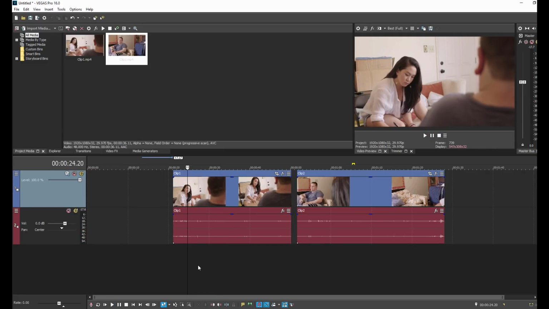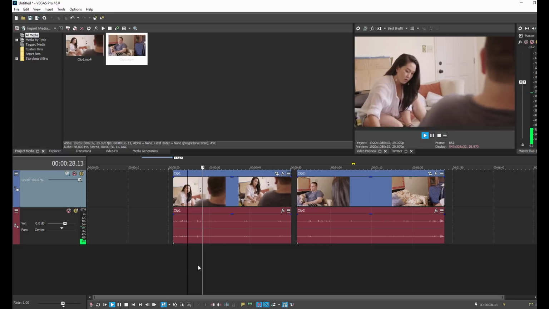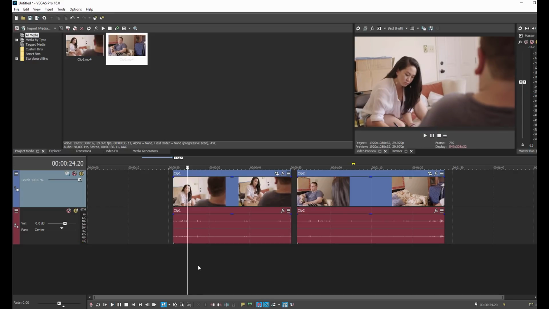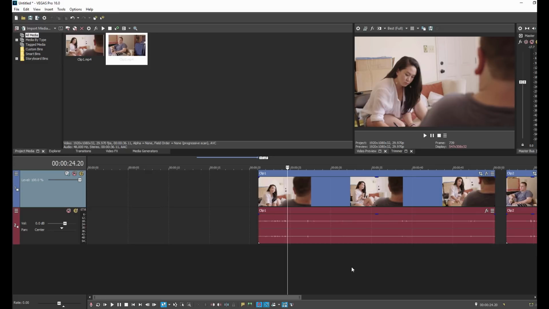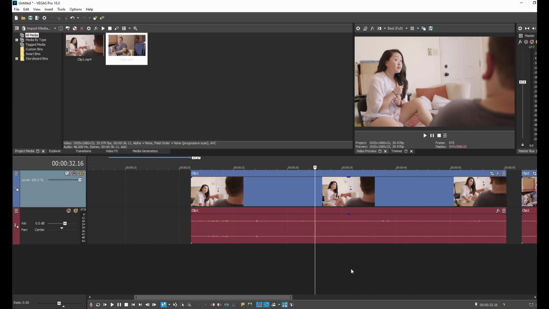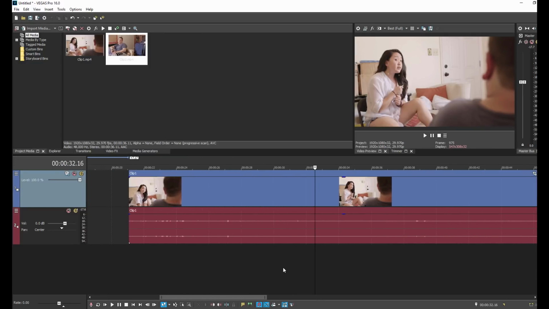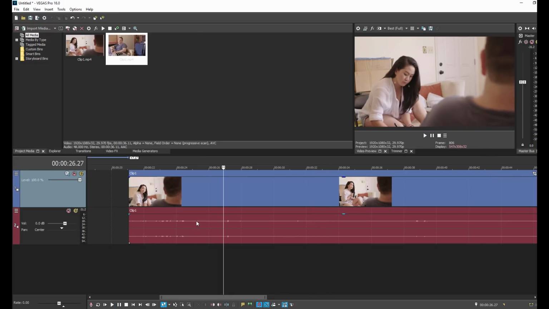Okay, so the one thing here is that when you hit the space bar, it starts the cursor moving. You hit the space bar again, it takes it back to the beginning. Now the control that you're going to be using a lot is Enter on the keyboard. By turning your scroll wheel, you can zoom in a little closer on the clip. One thing I do is, you'll notice here on the audio track, I can see where